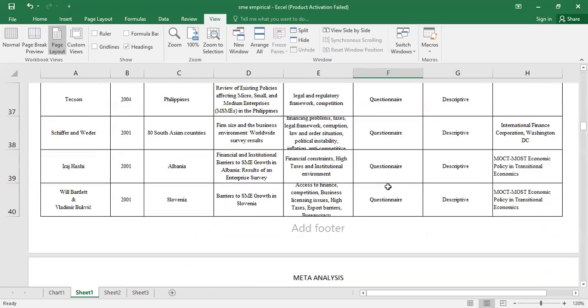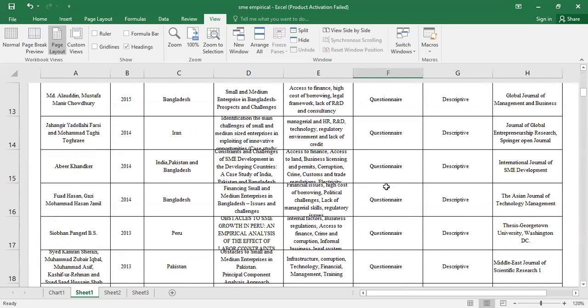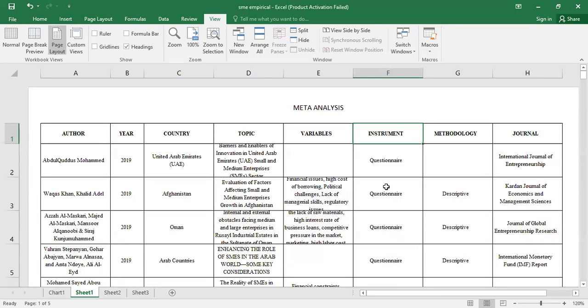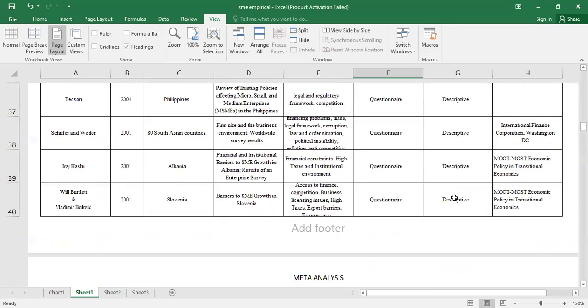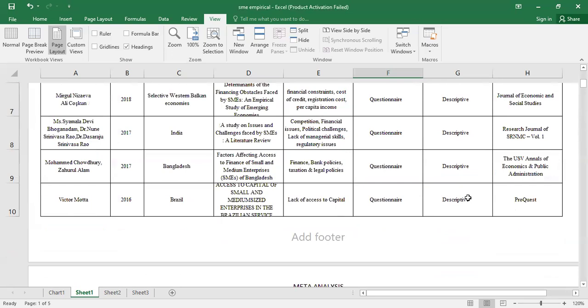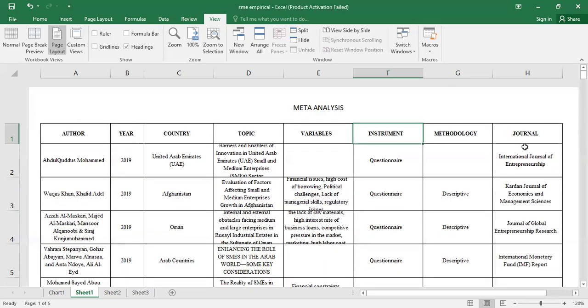But in most scenarios, the questionnaire was the right tool, and that helped me establish that the questionnaire will help me gather data from different organizations. The respondents were common, but the methodology was descriptive in all those studies. And last was the journal